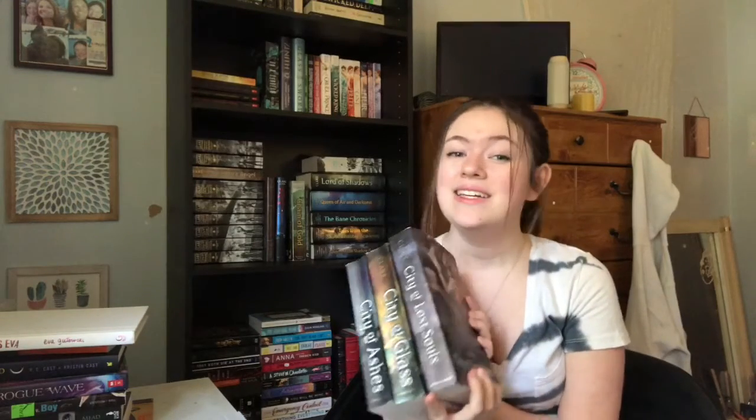We move on to the big pile of books that I am genuinely unhauling from my house completely. They're gonna go to Goodwill so that somebody else can read them and enjoy them. So first, I have my original copies of the Mortal Instruments series, City of Ashes, City of Glass, and City of Lost Souls. So my dad bought me the box set because he could not remember which ones I already had,